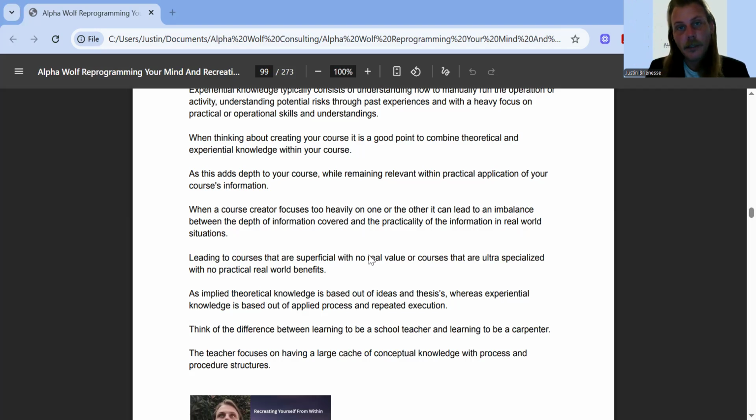The more specialized it is, the higher the ratio of experiential knowledge to theoretical knowledge; the more introductory it is, the more theoretical knowledge to experiential knowledge. Do you sort of get it? Because it's the relationship between the two. If I'm doing a specialized course, you already have the general information. If I'm doing an introductory course, you don't understand the general information. So I first have to build that cache of general information before the specialized information makes sense. Do you sort of get it?